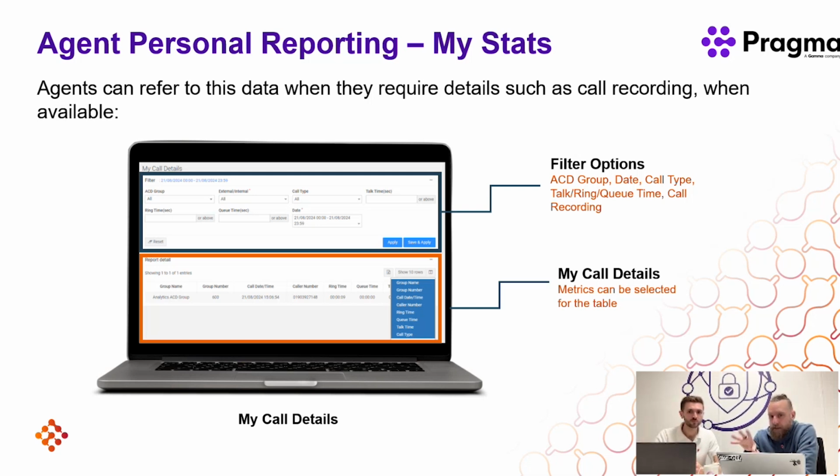So on here we're looking at the fact that there are different filter options available to you to be able to see different types of options, and also around the call details as well, being able to select different metrics on different call options. So it's a really good snapshot for a user as to how they're performing from an agent perspective. Definitely. Which is really good.